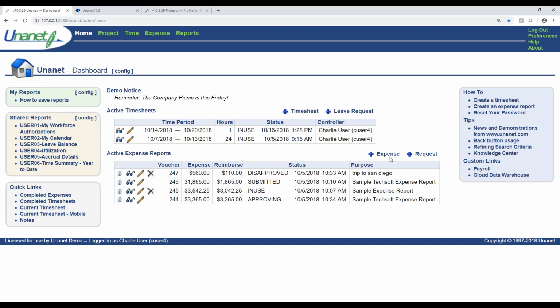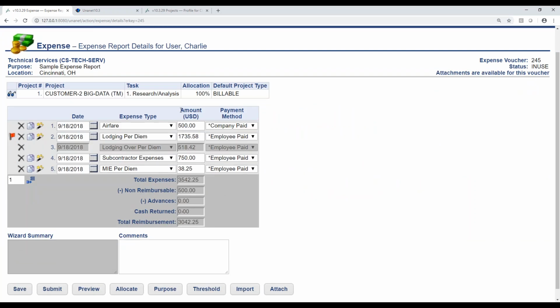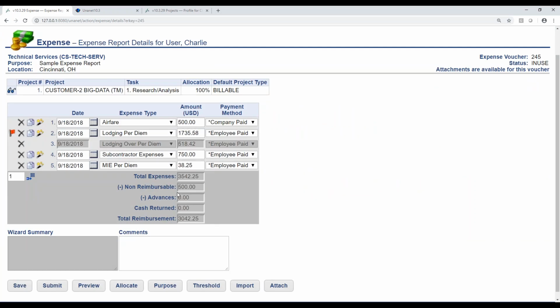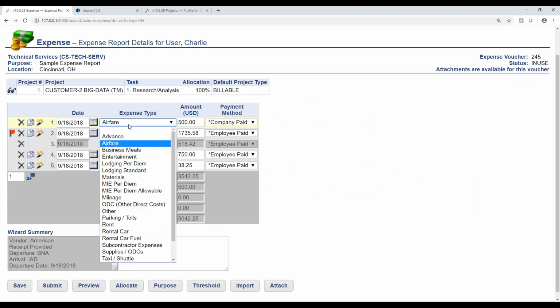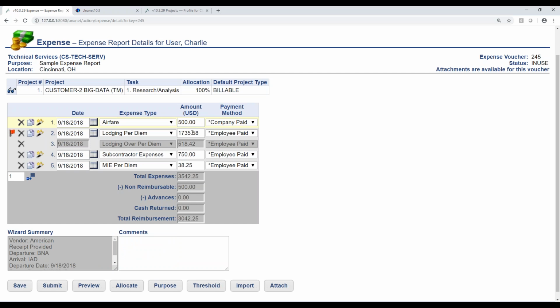So the expense reporting, you can enter a new expense report. We also have the concept of an expense request. So if you'd like to attend Unanet's Champions Conference next year in lovely San Diego, California, you can enter that expense request right here, and that would follow a similar process, maybe identical depending on how you set up your Unanet, to the expense reporting process. But here is the expense reporting part of Unanet. So a user is going to go in here, select the date, select the expense type. Again, as a reminder, going to be configured based on your preferences, and enter the amounts.